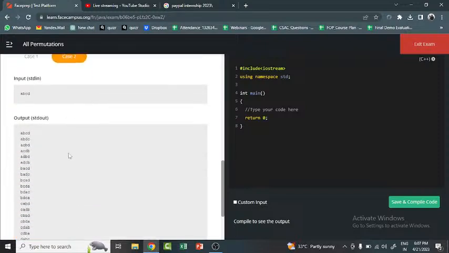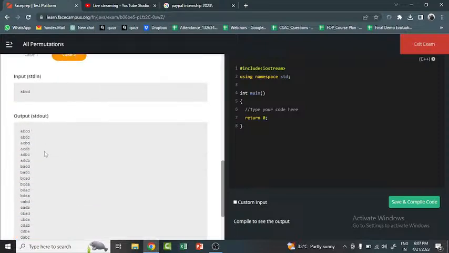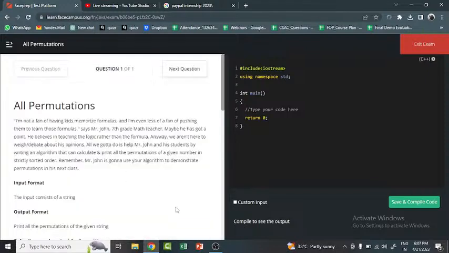And here 4 characters is there. So accordingly the number of permutations is getting printed. So now let us see the logic behind the question. So basically what we should do is, what is the question as in the